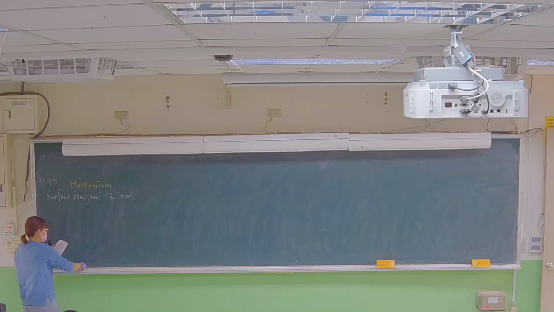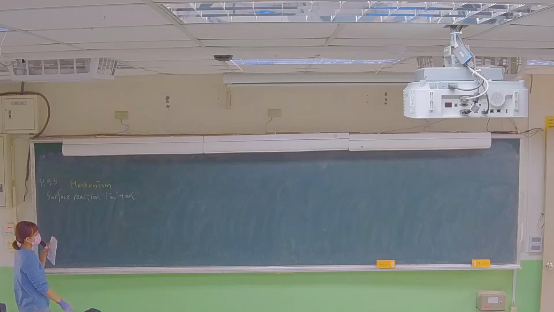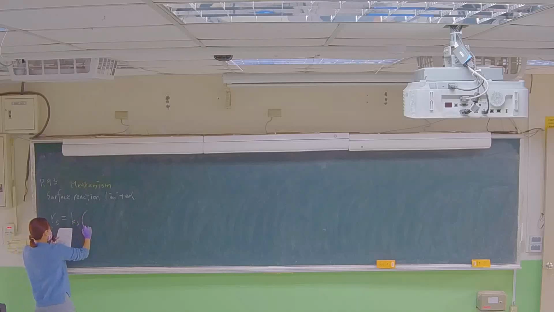So in the mechanism part, you show me what is the reaction for the adsorption, surface reaction, and the desorption. Also, you have to tell me which one is the rate limiting step. So based on surface reaction limited mechanism, first,